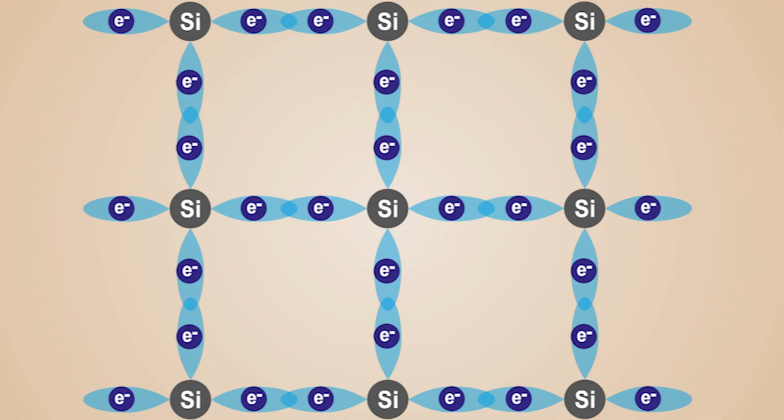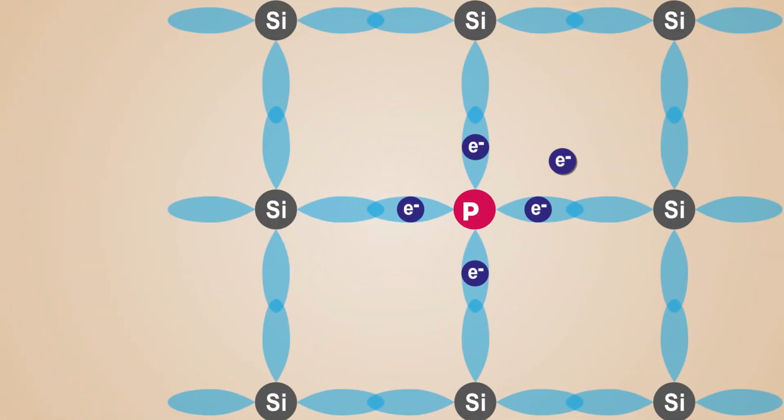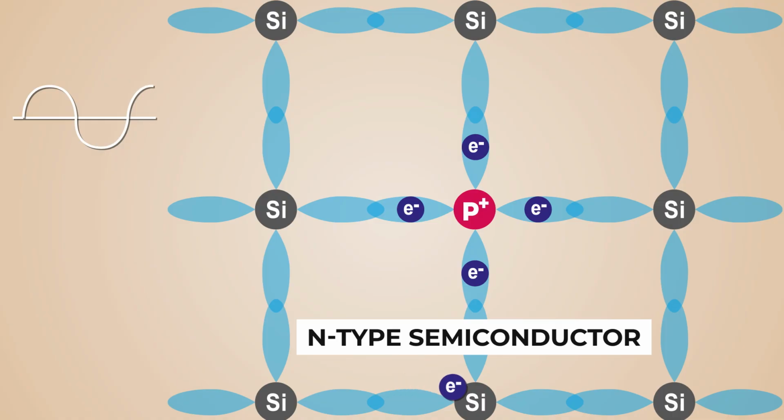To fabricate transistors, we need to increase the conductivity of silicon in a controlled way. One way to do that is by adding atoms that contribute free-moving electrons. Phosphorus is a good example, because it has one more electron than silicon in its outer shell. That extra electron can't form a bond with any neighbouring atom, so it's free to move through the material, allowing an electric current to flow. When silicon is modified with an excess of free electrons, it's called an N-type semiconductor, since electrons carry a negative